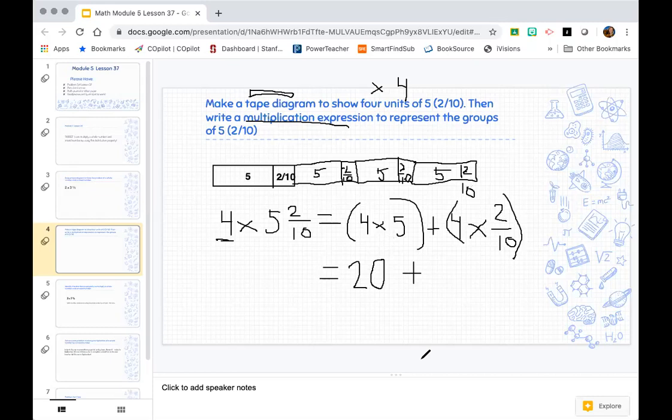Okay, 20. So now 4 times 2/10. Again, we just multiply the 4 to the numerator. So 4 times 2 is 8/10. 8/10 is not an improper fraction, is it? We don't need to simplify it. So we just add those two together. We get 20